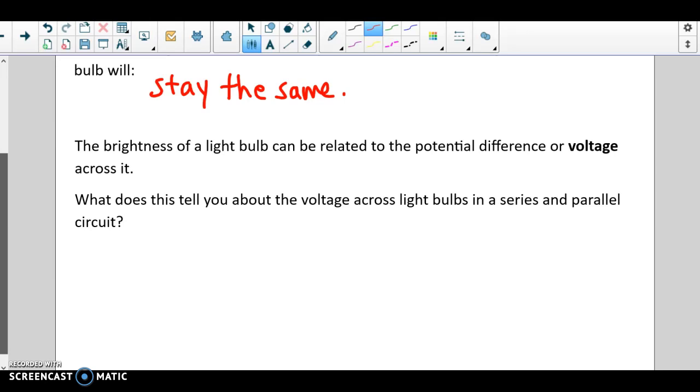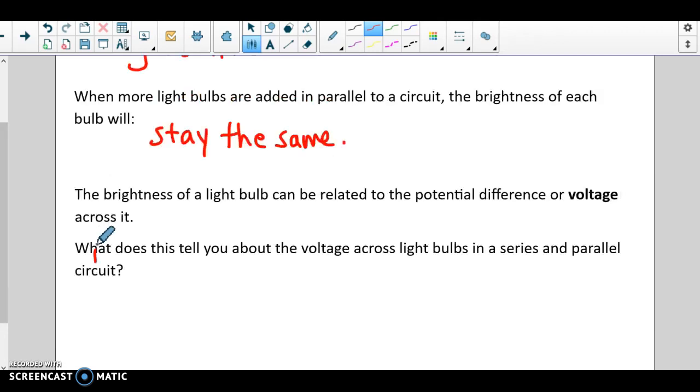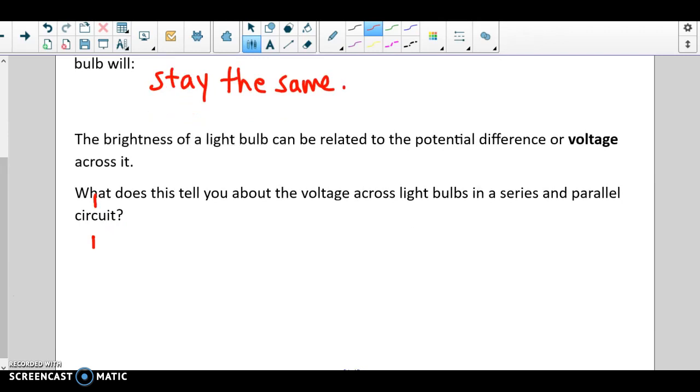Well, this tells you that in a series circuit, as you add more and more loads, the voltage supplied by the source gets divided between the different loads. So as you add more and more loads, the voltage across each one is less than what it was when you had fewer loads. So I'll say, in conclusion, in a series circuit,